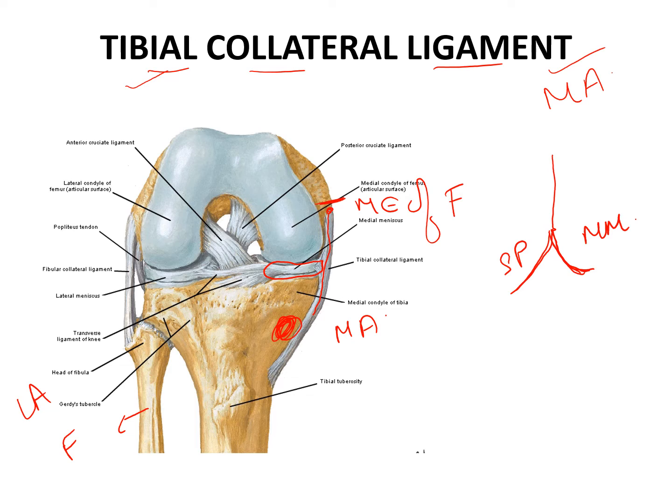It is because of this attachment of the tibial collateral ligament to the medial meniscus that the medial meniscus is more prone to injury. This is an MCQ question. Which meniscus is more prone to injury? It is the medial meniscus because of its attachment to the tibial collateral ligament. Thereby its movements are restricted and there are more chances of it being crushed during extremes of the movement of the knee joint. So that was about the tibial collateral ligament.